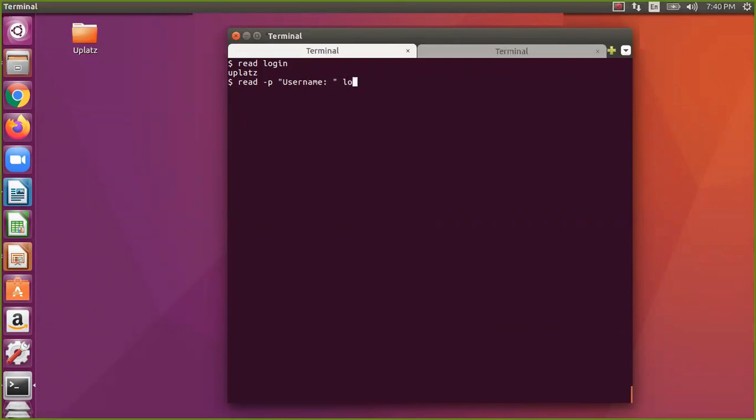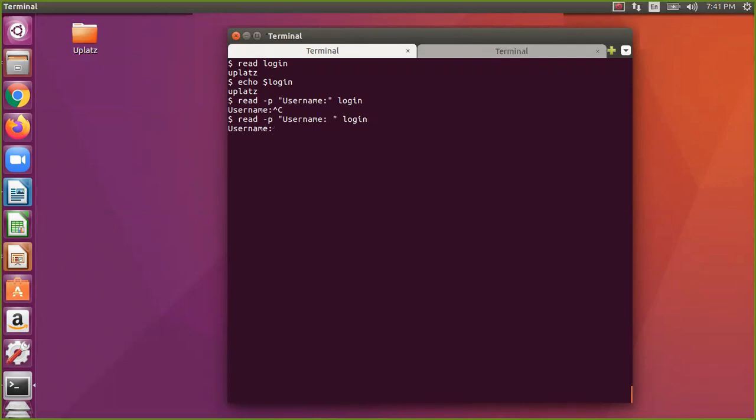Now before that, we will display whatever is in that variable. So echo $login will give applause, whatever we have read. Now let us ask the user with a prompt. -p is for prompt, so username and then whatever. Now if you see this, let us press Ctrl+C. Ctrl+C ends the input because I just missed a space here.